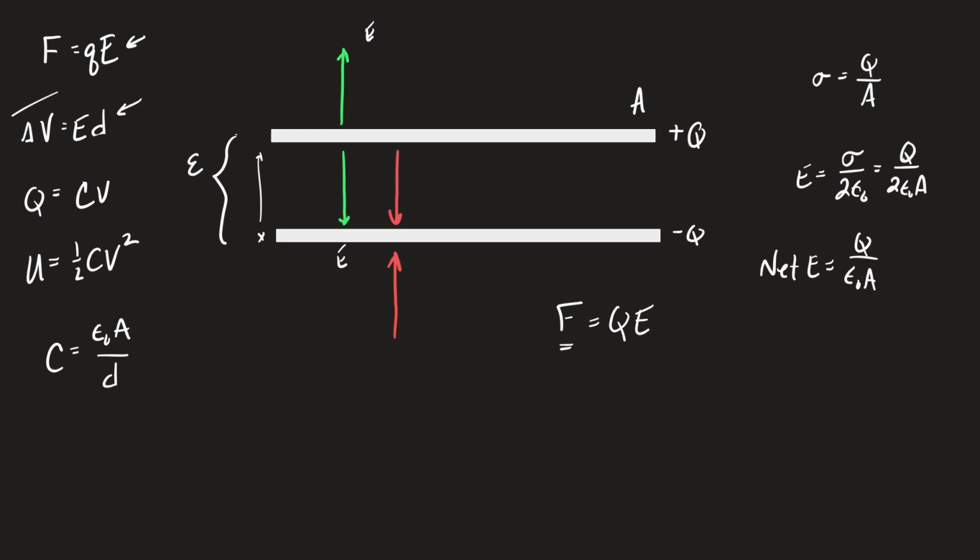Look, the red arrows, which I circled in green, the red arrows represent the electric field from the bottom plate. The green arrows represent the electric field from the top plate. The electric field from the top plate can't cause a force on the top plate, right? You can't push yourself, is kind of what it comes down to. And the electric field from the bottom plate can't cause a force on the bottom plate. So the only way the top plate experiences a force from the bottom plate is from the electric field from the bottom plate,